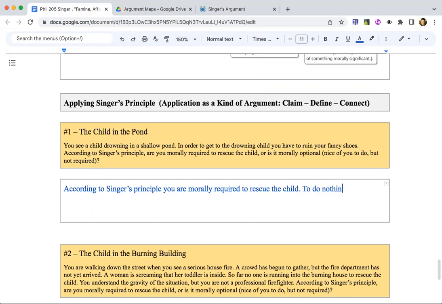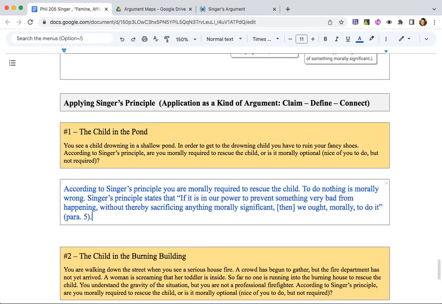To do nothing is morally wrong. That's essentially to say the same thing. Singer's principle states that if it is in our power, blah, blah, blah,